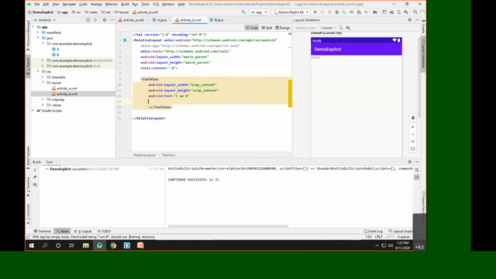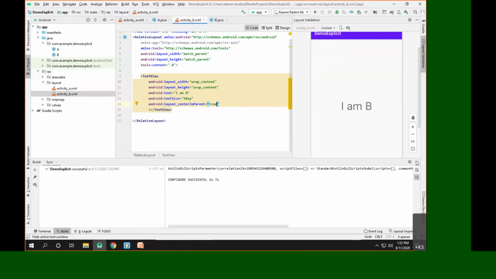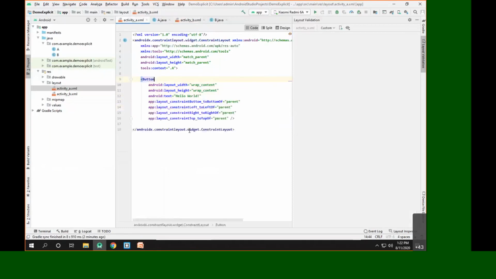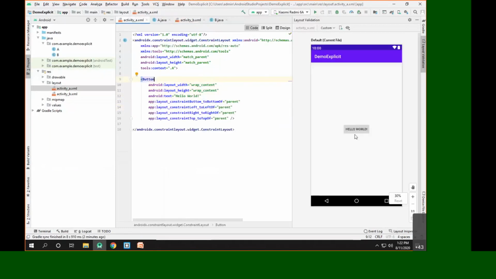Okay, so let me increase the text size. So text size will be 50sp and we'll take it to the center. So we'll say centerInParent equal to true. So "I am B" is the activity B. So activity B says "I am B", and what we have on activity A is the hello world.